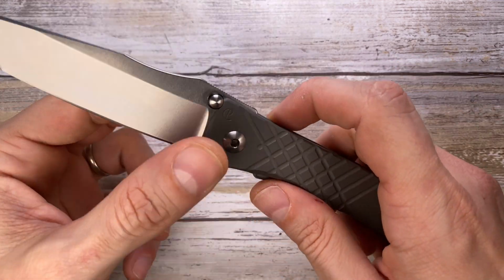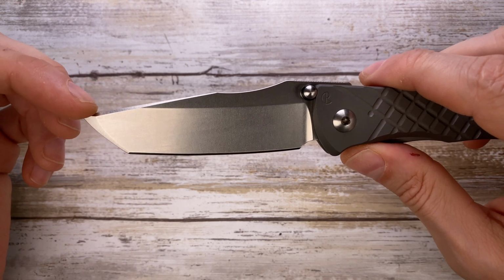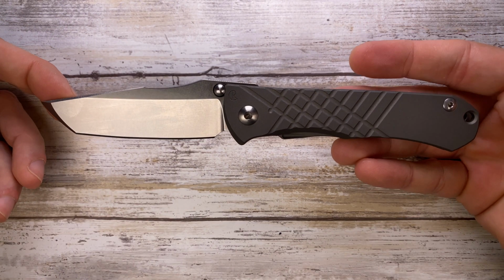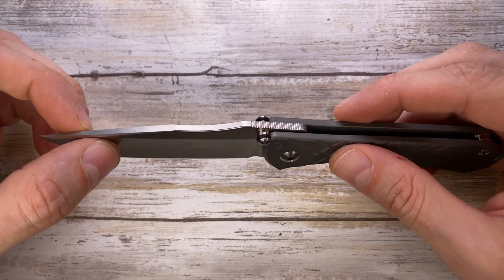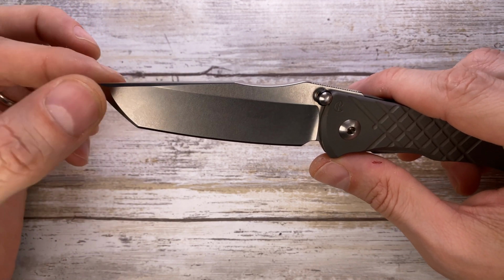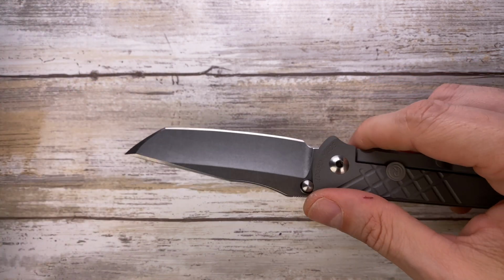I'm usually not a fan of Tanto blades, but in this case I really like the design of this one, because the stock thickness is a little bit on the thick side, but it's well proportioned for a knife of this size, so it makes 100% sense. The tip, it's very nice. It's thin right over here at the end, but quite thick, so you can still scrape and